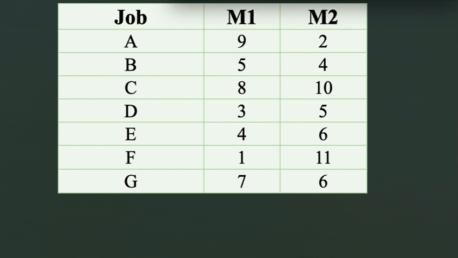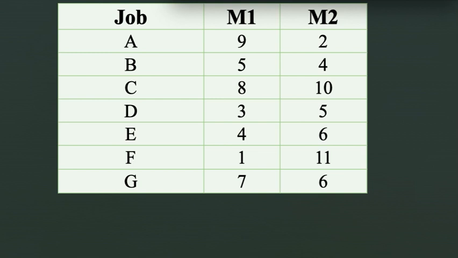From this information, what we have to do, we have to prepare the optimal sequence, and along with that we are going to calculate the idle time of both the machines M1 and M2. Now here in this problem we are going to use Johnson's method. Here Johnson's method, what it talks about, it talks about